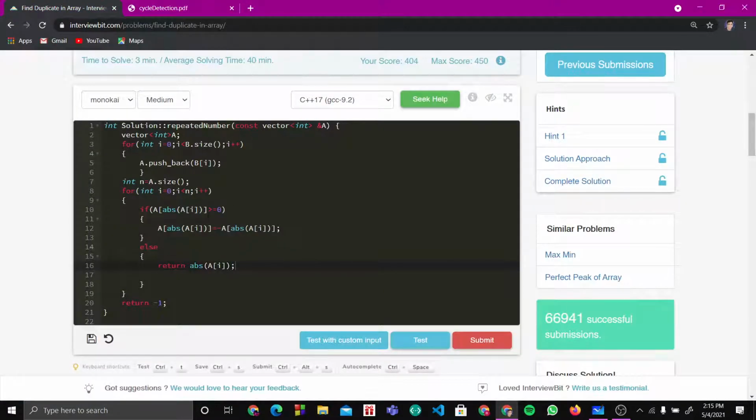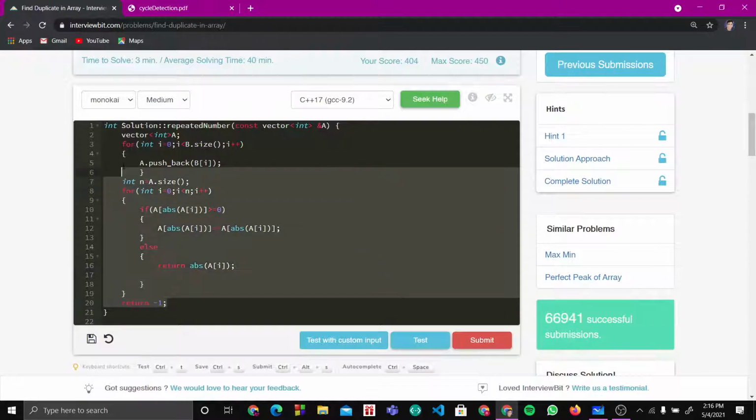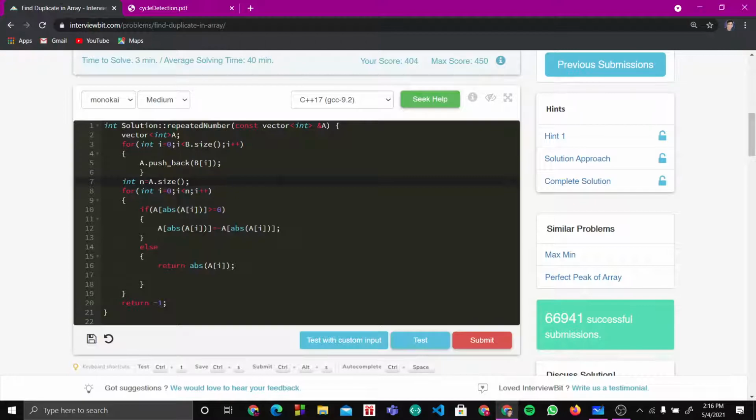Now moving on to the solution part. If you guys want to see the Floyd approach, I will quickly mention it over here. My first approach that I showed you doesn't work because you have a constant vector over here, and that is the reason I would have to copy the vector. And they have specifically said that you are not allowed to copy the vector. So now I will try to use Floyd's approach, or the fast and slow pointer approach. For that, let's quickly erase this part.